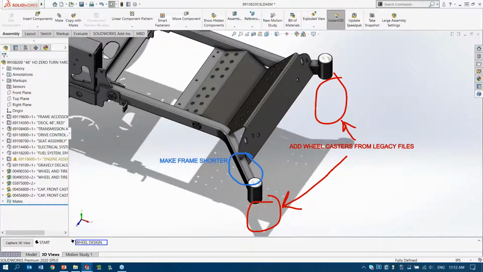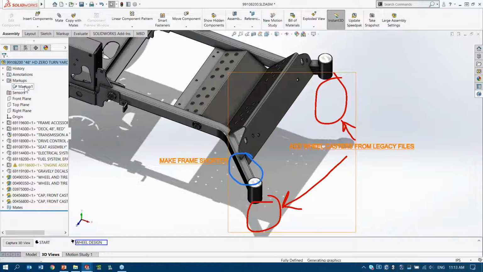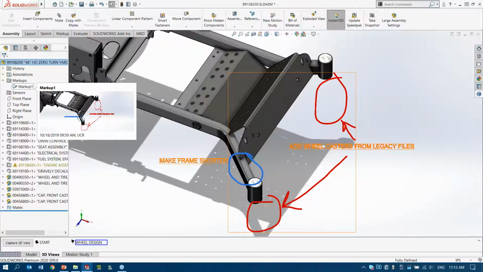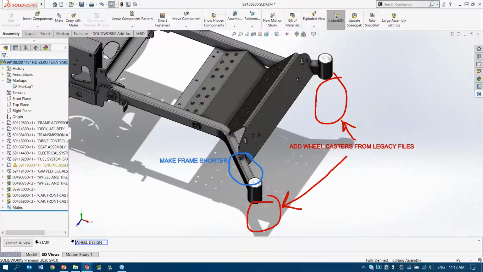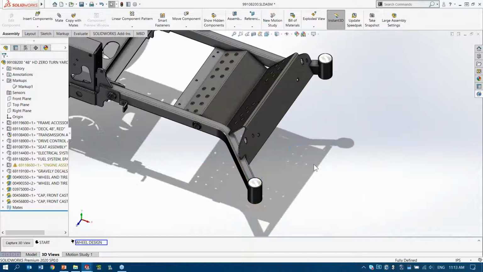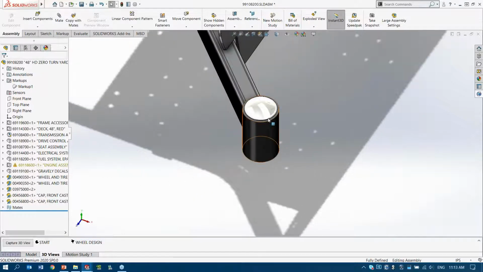And you'll notice right away those markups, those are actually drawn inside of SOLIDWORKS. That's actually new in 2020. The ability to add markups right inside of your SOLIDWORKS parts and assemblies, and control these markups. Actually, I could save those markups out of SOLIDWORKS as images if I wanted to. For now, I just add them here to illustrate what we want to do. So we want to add the caster wheels, and we also want to make the frame shorter in this area. So let's just go ahead and hide the markups for now and do the first task on our list,